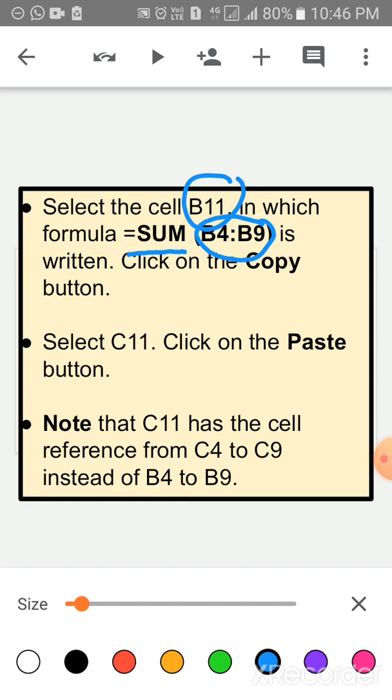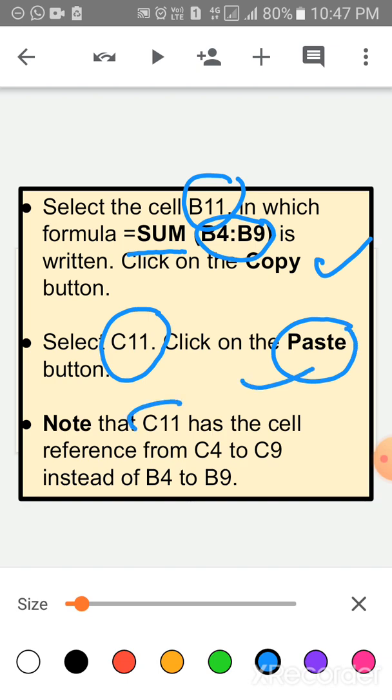Then copy the whole formula. After that, select the C11 cell and paste that formula. Note that the C11 cell has the cell reference from C4 to C9 instead of B4 to B9.